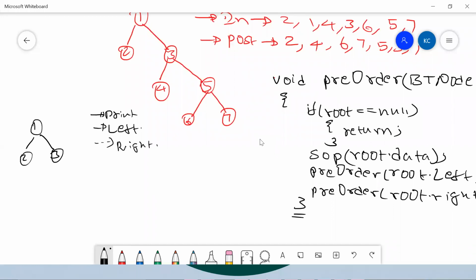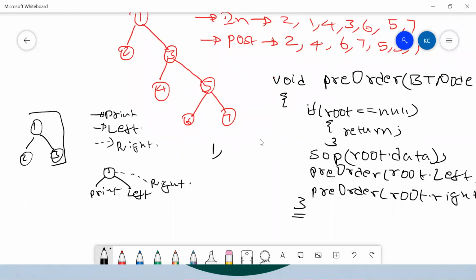So for example, let's say there is 1. First thing we do, we print it. Second, we go to the left, and eventually we go to the right. This is the example that I'm taking, guys. I printed 1. I go to my left, and I try to do all three different things over here also.